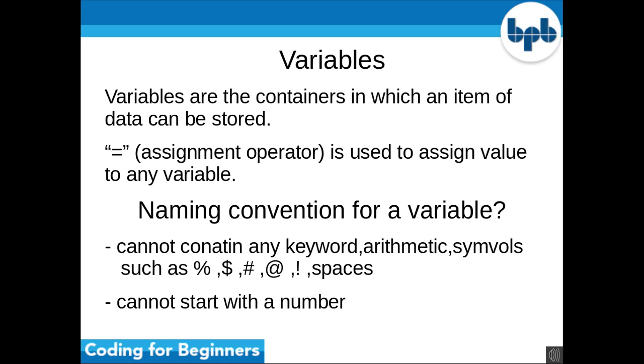Now for naming a variable, a naming convention is followed, which is: a variable cannot contain any keyword, arithmetic symbols such as %, $, @, exclamation mark or spaces. A variable cannot start with a number. An underscore symbol can be used in a variable name,